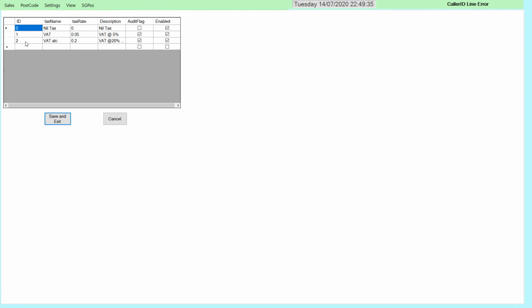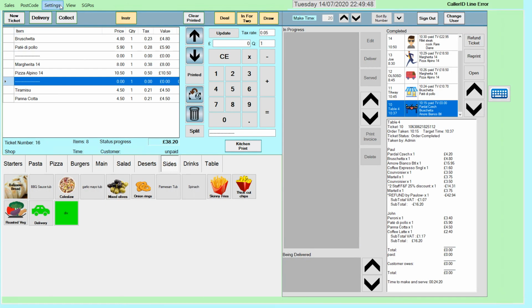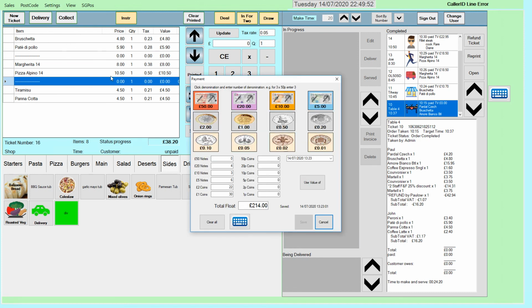Given the situation with the new government stuff, this now has the 5% rather than 20%. When we go back to normal, we'll add a number 3 and go through and change those. So I wouldn't bother with those. Till float. Okay, so this allows you to deal with cash. So you count in the existing float in your till. You might have some 5s. Let's just clear them and say, right, okay, we've got